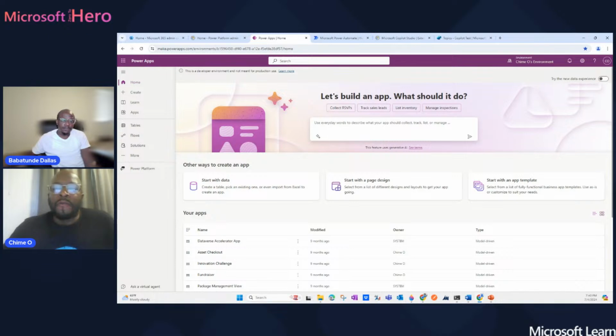Okay, so first things first, just a slight demo on how we can curate an app by using natural language. So I've got tables here. This is basically Dataverse. Within Power Platform, your SQL database is called Dataverse, and Dataverse is that big container where everything that you've got lives. So your data, your tables, your data model, everything is all in